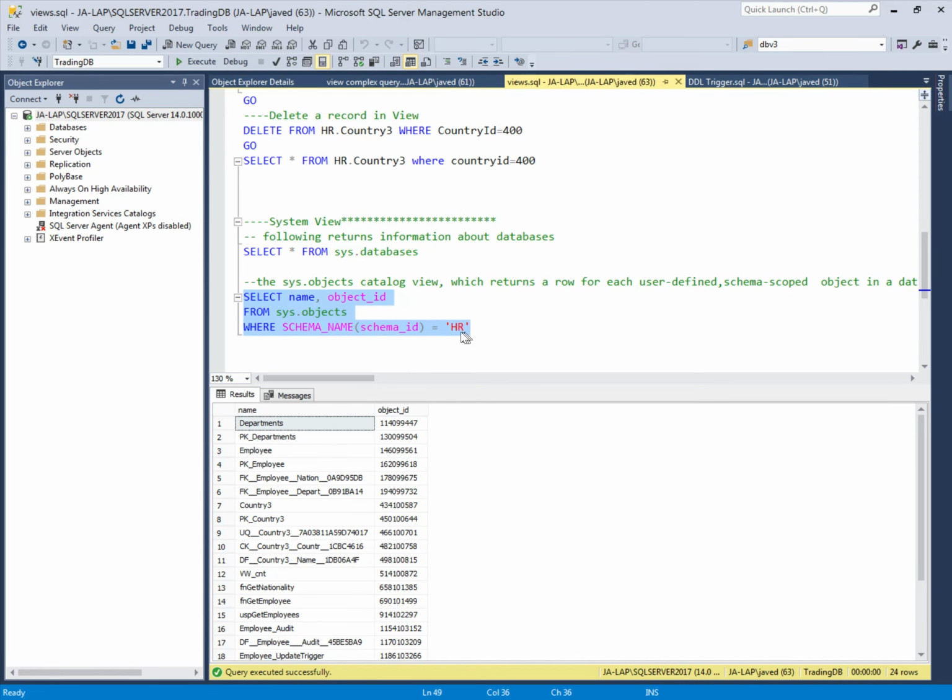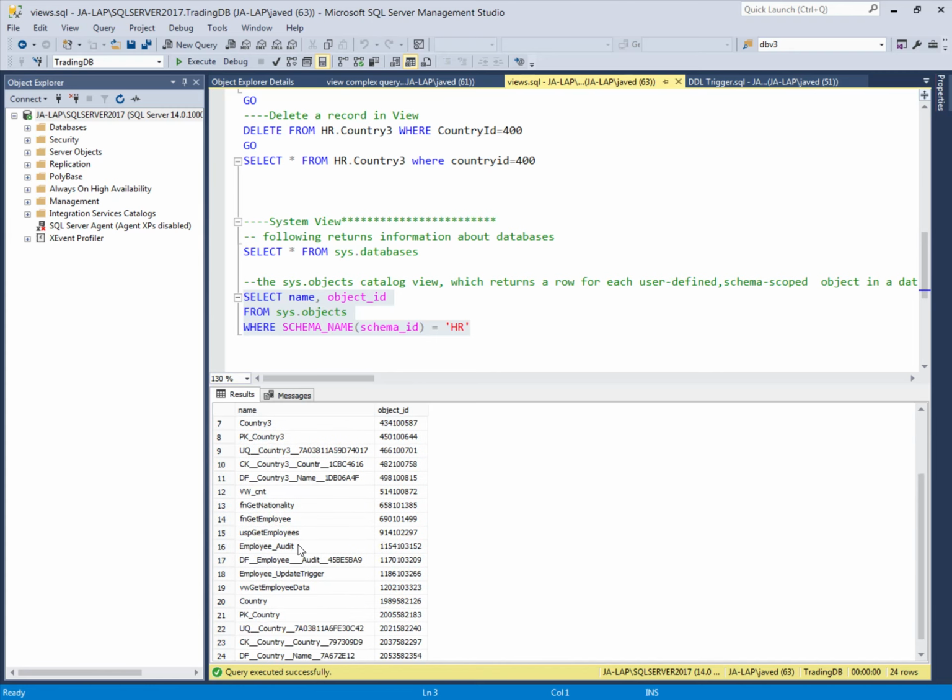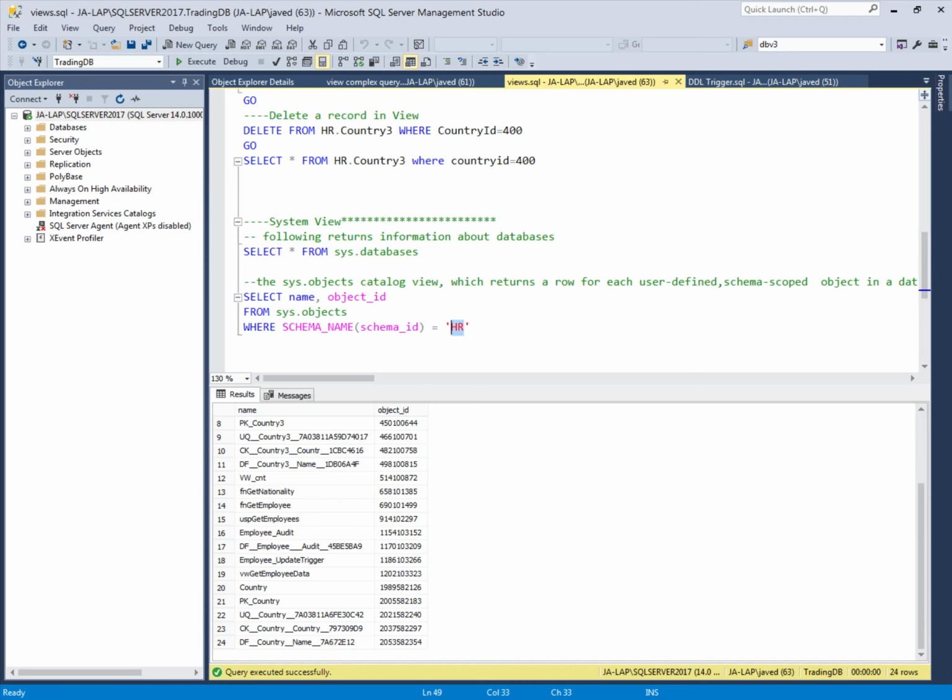This is the department table. These are the indexes and employee table, primary keys, foreign keys, and all the objects which we created in our example database against the schema HR. This catalog view will return the information about it.